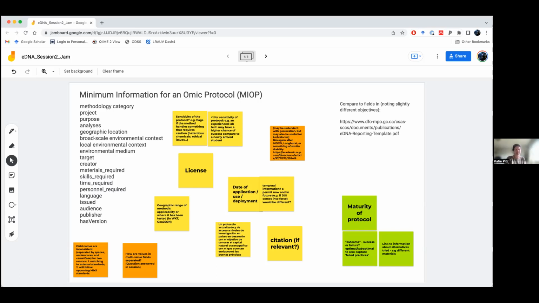If we have lat-longs for the samples taken with a certain protocol, then you could link to that data set and know exactly where it was applied. Yeah, I think it's really nice to sketch it out, like why we do it that way. To say, all right, group X developed this protocol and they tested it in the North Atlantic. This is where they developed the protocol and where they published it. And then there's a data set which says we used this protocol, but they used it in the Arctic or the Antarctic.